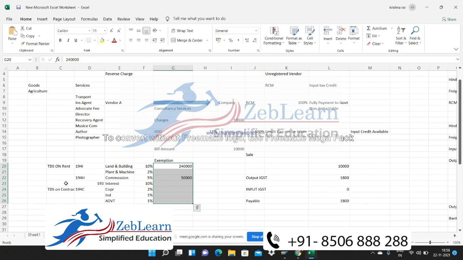Suppose you have processed the invoice in the system on 30th or 31st. Say for example, on 31st you are processing the invoice, but you have not made the payment to the vendor. But you have booked the invoice. So the rule is invoice or payment, whichever is earlier. Say you have made the ad hoc or advance payment to the vendor, but you have not received the services. But you need to deduct TDS only because the rule is saying payment or invoicing, whichever is earlier. On that basis, you need to deduct the TDS.